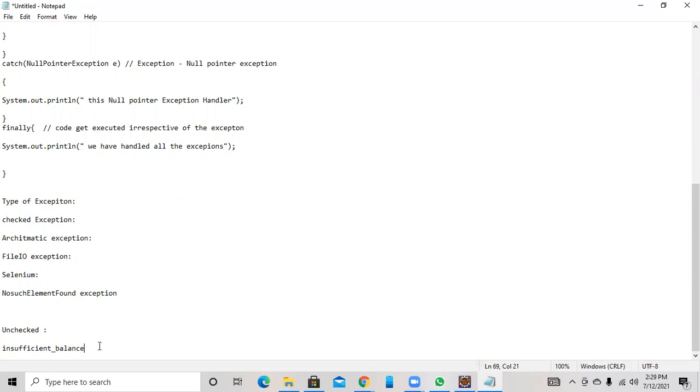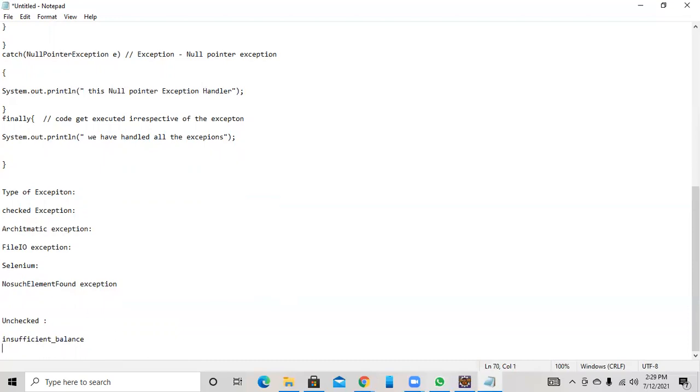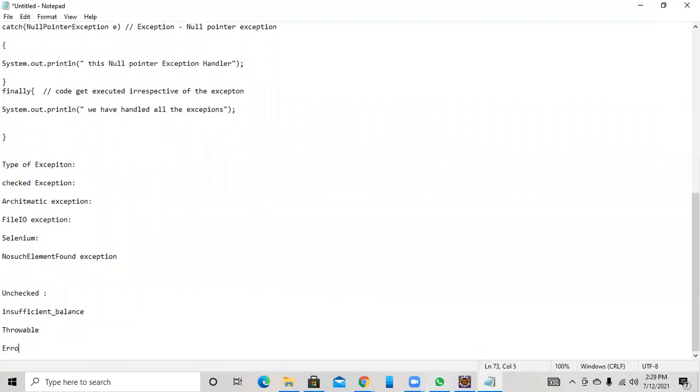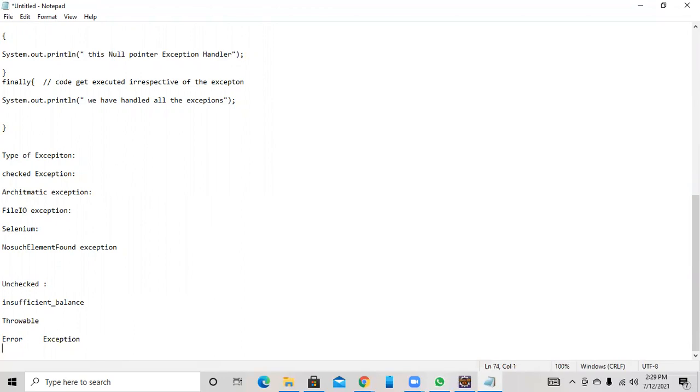If you look at the internal structure of the exception class in Java, the first one is Throwable. Inside this we have Error and Exception. Under Error, there are stack overflow error, virtual machine error, and out of memory error. These are various error categories.